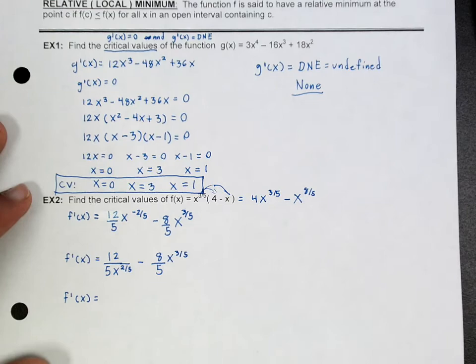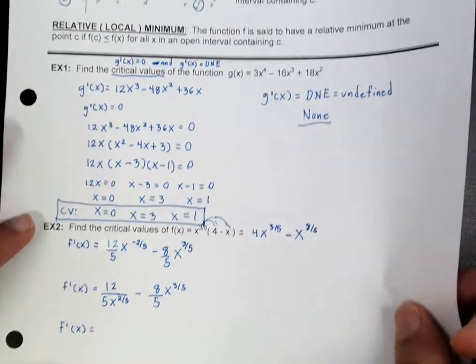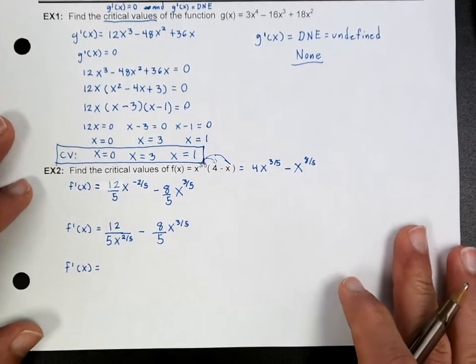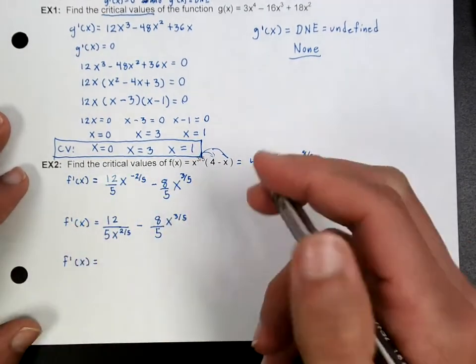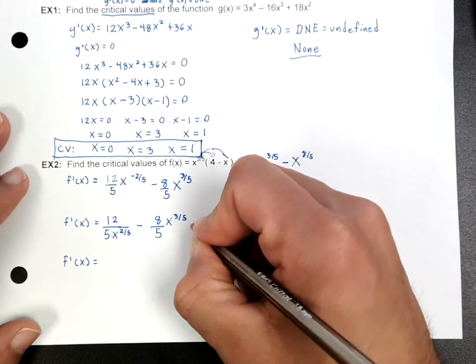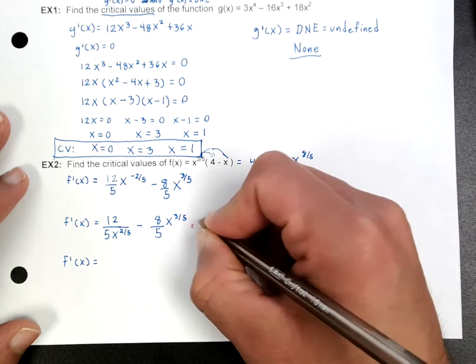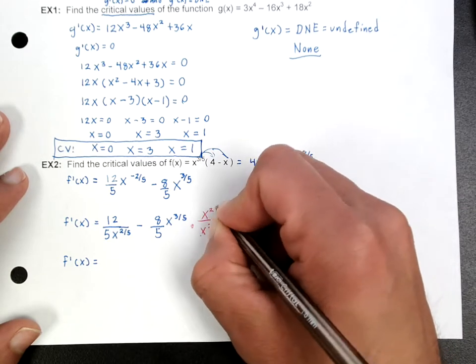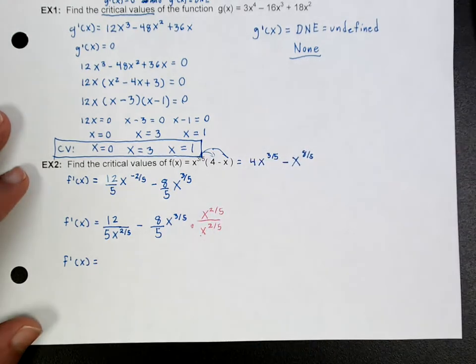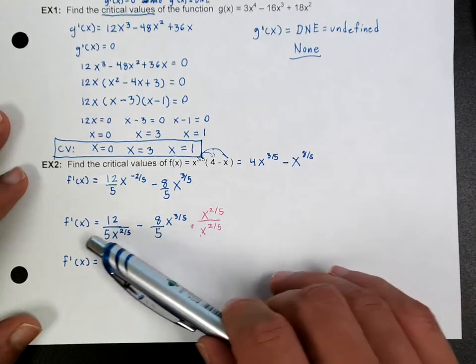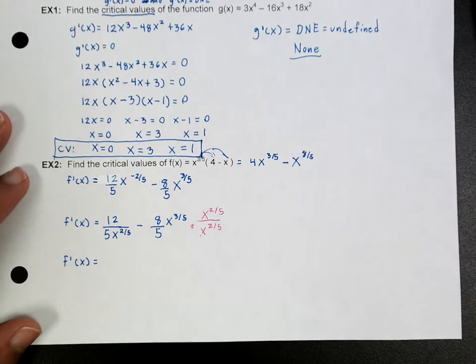Now at this point, what I'm going to do here is I'm going to find a common denominator. Only to make this easier, you don't necessarily have to do this part, but I'm going to go ahead and do it. I'm going to find a common denominator so I can have one fraction. So this step is not necessary, but I want to be able to look at this in a more simple manner. So I'm going to multiply top and bottom by this denominator, okay, since I already have a 5 in common. So when I do that,